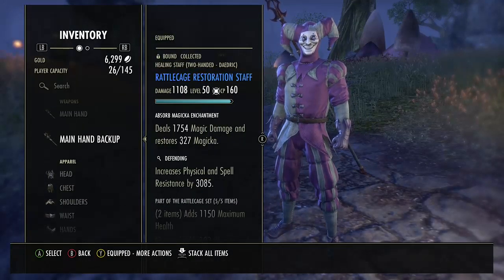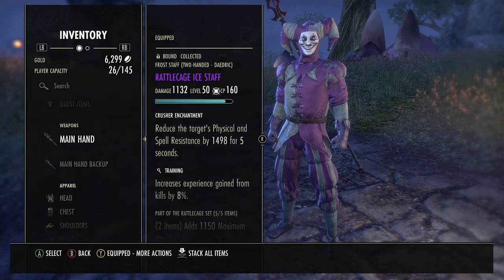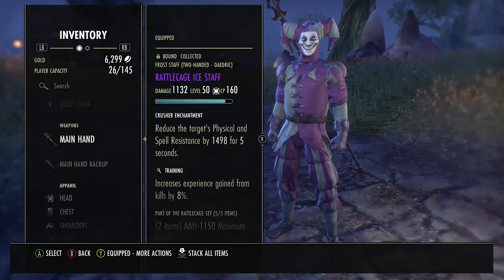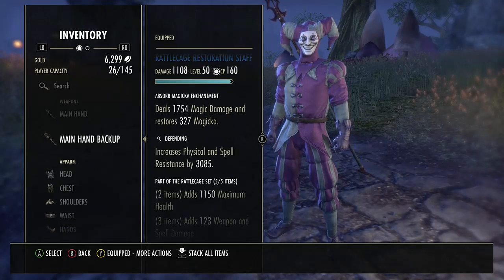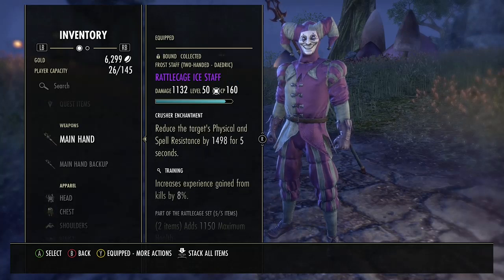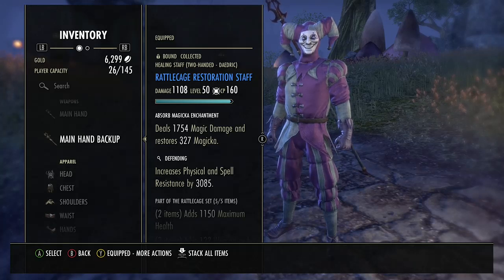As far as the weapons go, if I really wanted to push it, I would put defending on the main hand as well, so that I have the resistances on both, and then it would be Crusher on that. I don't know what I would do for the offhand enchantment, but I would go defending on both of these, and I'd probably change the resto staff to an absorb stamina enchant, so I can regen stamina when I'm on my resto bar,